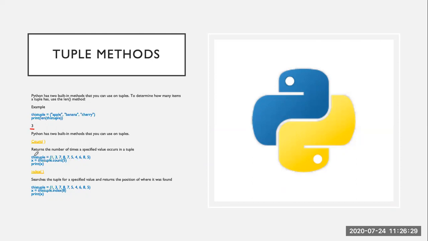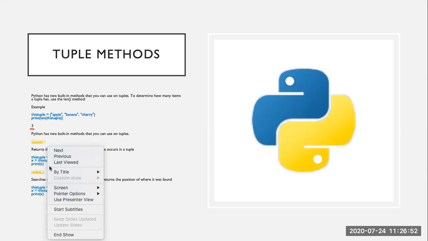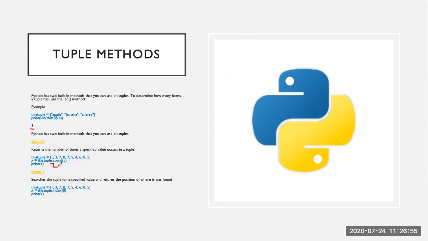Okay, for example, here this is a tuple and it has many values and we want to count how many times this value, which is equal to 5, appears. So we will count how many times the 5 is repeated in this tuple. We can assign this to some other variable. For example, we are assigning this value to x, so it will give the number. Here in this tuple it is repeated 2 times, so it will give the output as 2.